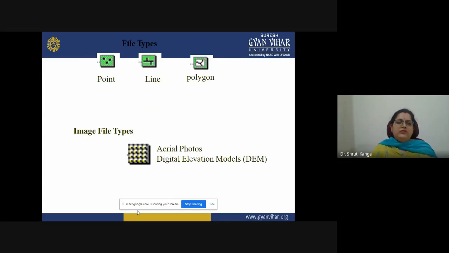Then we have the file types. When we are talking about the file types, we have point, line, and polygon. In case of image, meaning raster data, we have aerial photos, digital elevation models, satellite images, etc.